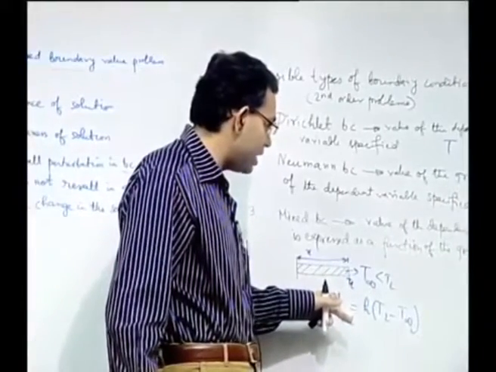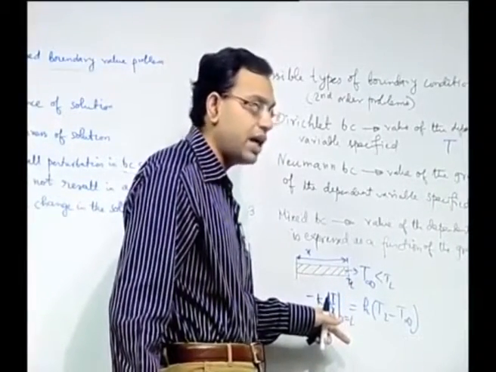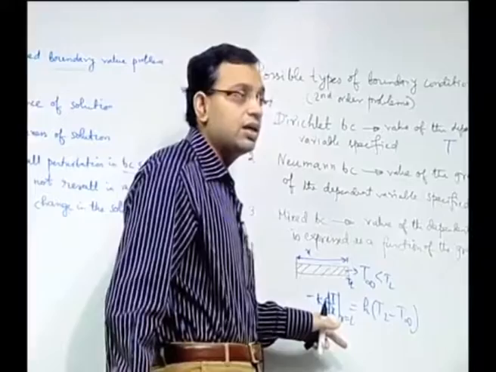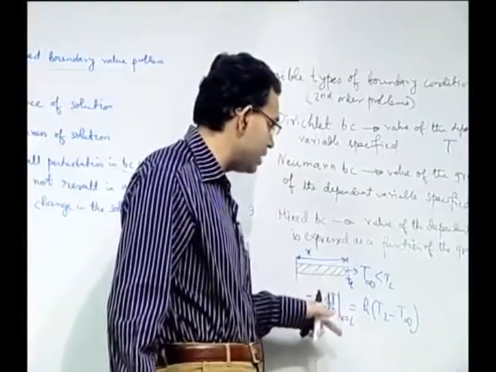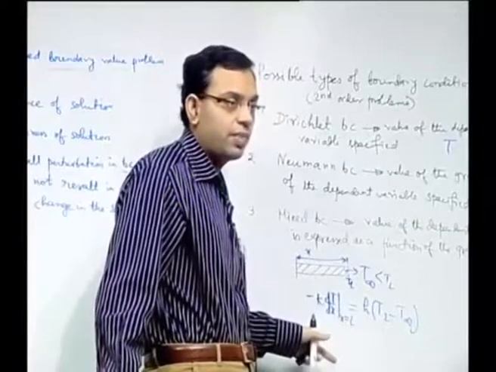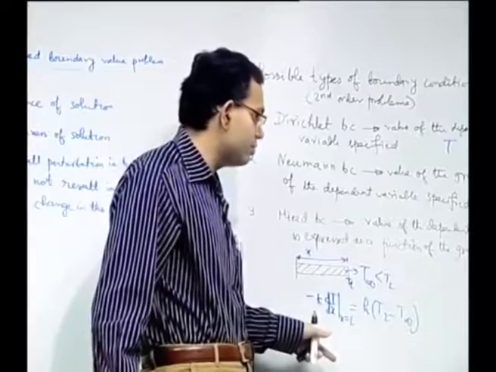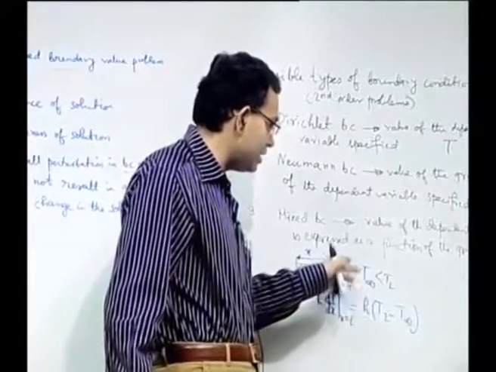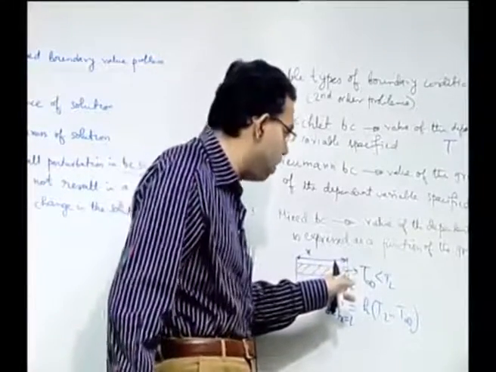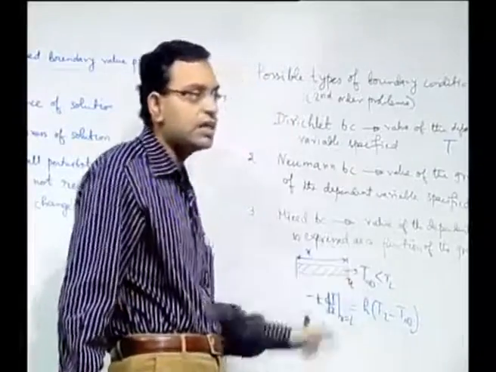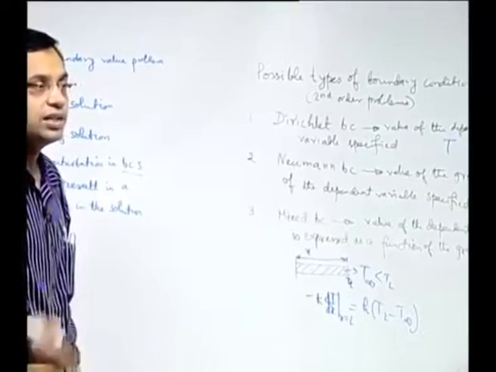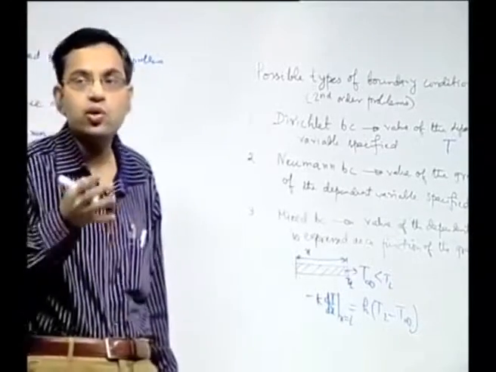Of course, if it is unsteady, T is a function of both x and time, so you can replace this by the partial derivative with respect to x. If you replace dT/dx with ∂T/∂x, then can you use the same boundary condition? You can definitely use it, because this is an expression that at the interface whatever heat flux is coming by conduction, the same is the heat flux that is leaving because of convection, and that remains true even if it is unsteady, because the interface is not a volume, it cannot store any thermal energy.